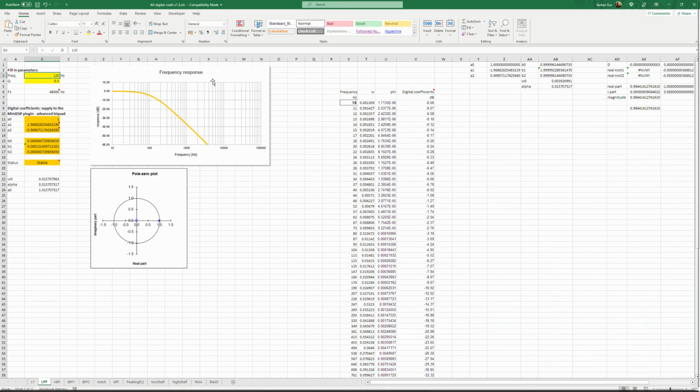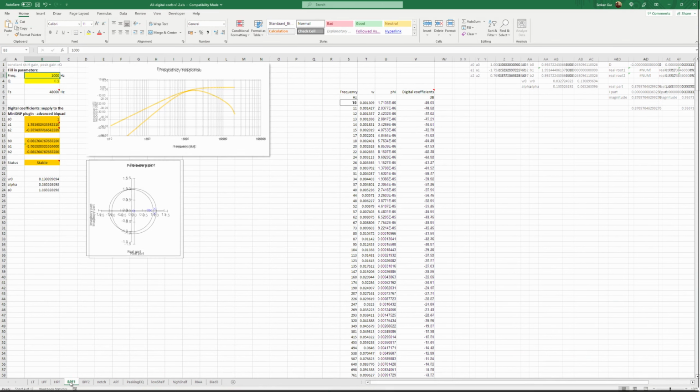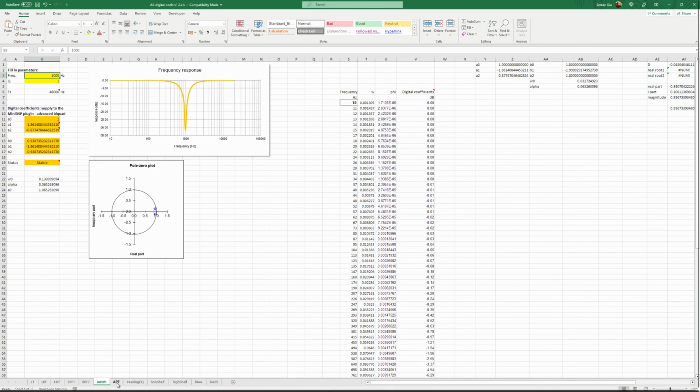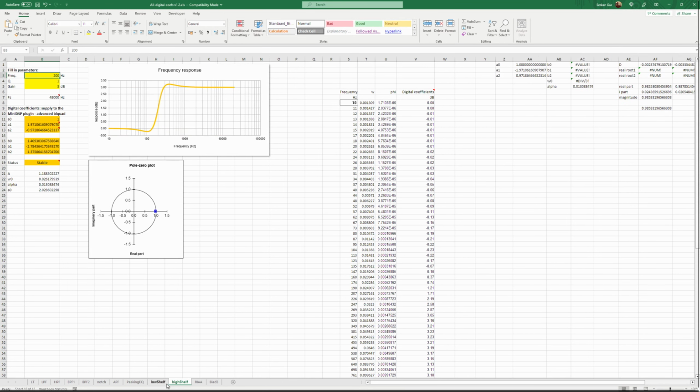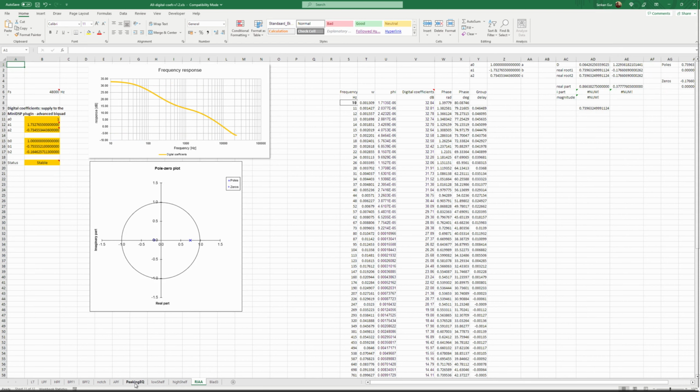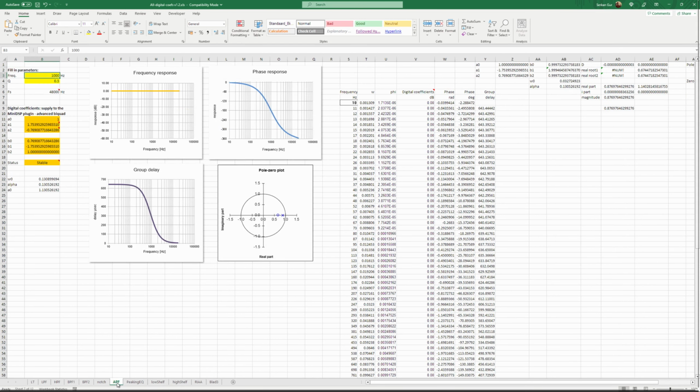One way to calculate biquad coefficients is to download the Excel file from the MiniDSP website. It will calculate biquads for many types of filters. The name is All Digital Coefficients version 1.2. It covers low pass filter, high pass filter, band pass filter 1 and 2, notch filters, peaking EQ, low shelf, high shelf, and I think one for Linkwitz, RIAA, and there is also an all pass filter. But it only covers the second order all pass filters, so you cannot replicate a 12 dB per octave linearization, and they are not inverted in time, so it cannot be used for filter phase shift compensation.